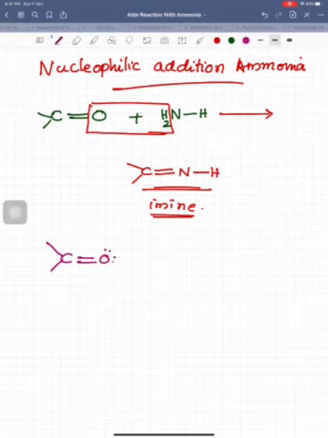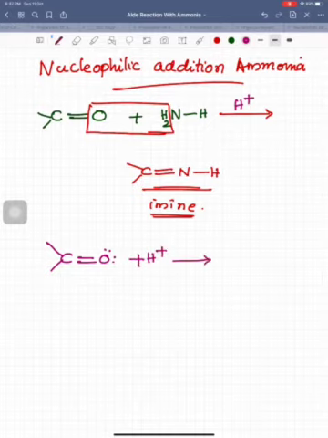You know that the oxygen has lone pairs of electrons. This nucleophilic addition reaction happens only in the presence of an acid. So what happens is that when we add hydrogen in the first stage, it's a reversible reaction, and because of H positive there is an attraction to the lone pair of electrons, so a bond is formed.